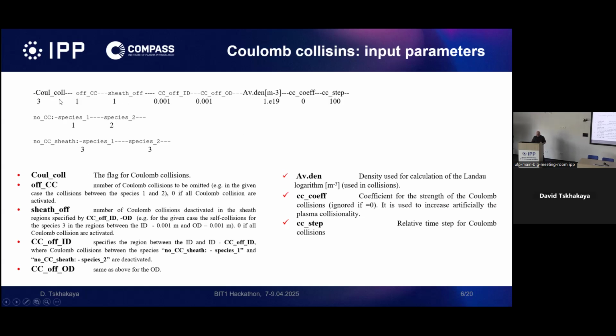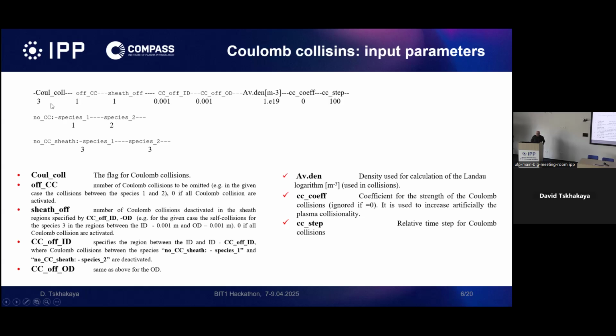Coulomb collision is the flag. If it's 0, it means no Coulomb collisions, and if you have 3, it means the first 3 particle species are colliding. It means self-collisions plus collisions with each of these 3 possibilities. Off CC means